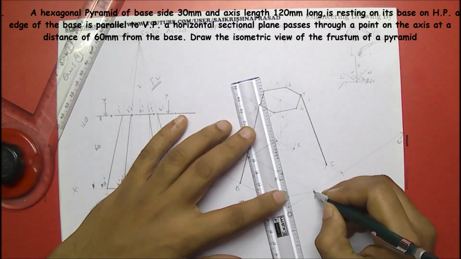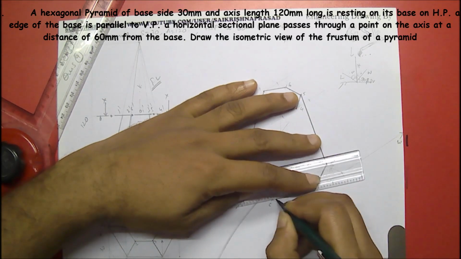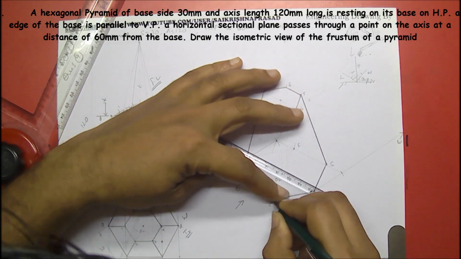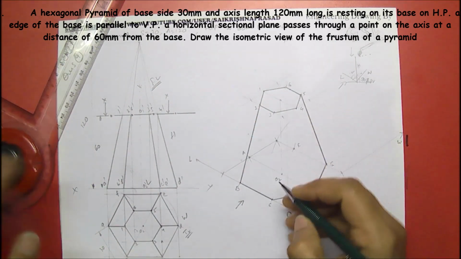E, this is outline. So in this direction I can see 3 and C,